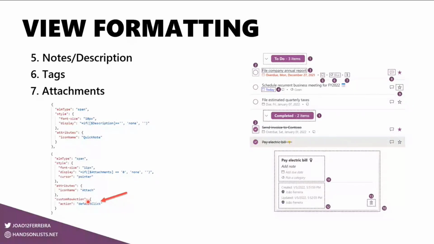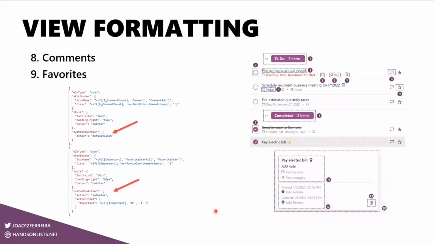But instead of using set value here, we have the default click. Moving forward to comments and favorites, a similar thing happens on this side. One sets the value to true or false, moving the item up or down in the order of the list. The other one, similar to what this one does, opens the item page so the user can read the comments or create new ones.